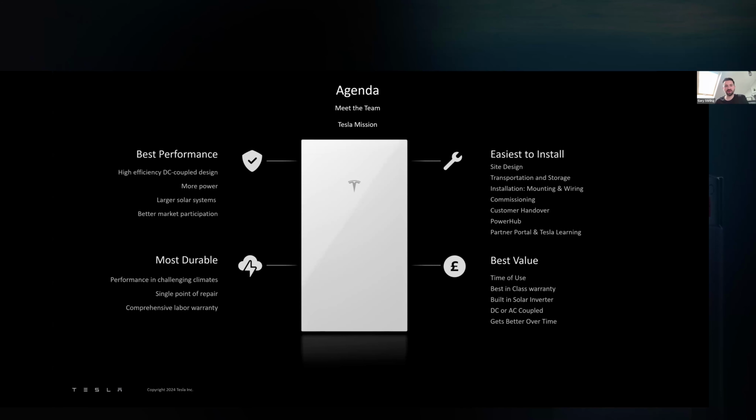So today's plan, what we're going to do is give you an overview of the team, a bit about the Tesla mission, and then we'll break Powerwall into four sections just to try and give you the most comprehensive overview we can in the time we've got today. We'll cover best performance, durability, how easy it is to install, and last but not least, the value it will drive towards our joint customers. So moving forward,